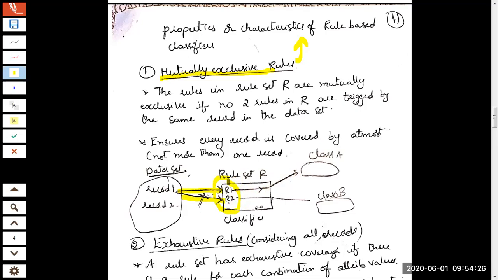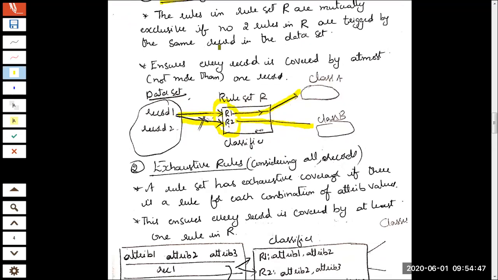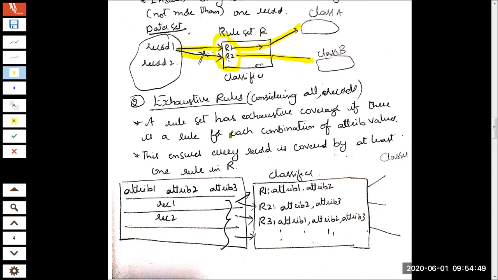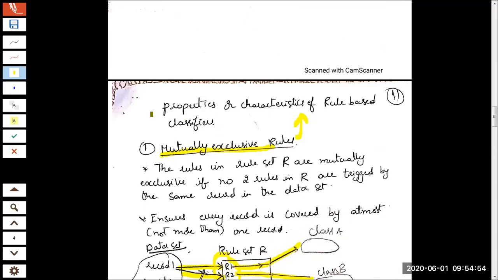But an objection arises when R1 is taking this record to class A, and R2 is pulling record 1 to class B. If this is the case, it is not mutually exclusive. Now we have a second situation, the second characteristic. Please understand we are studying properties of